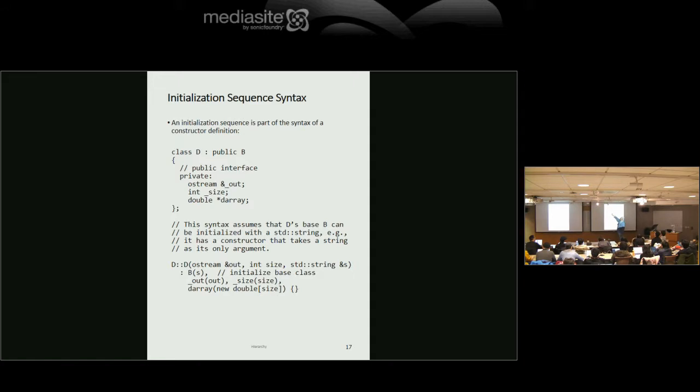Reference member means I don't own this. Somebody else created it, okay? And I have a size, and I have a pointer to an array. The correct way to write this constructor is, here's D